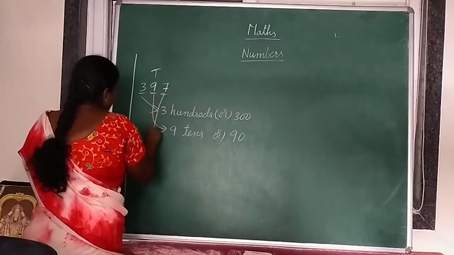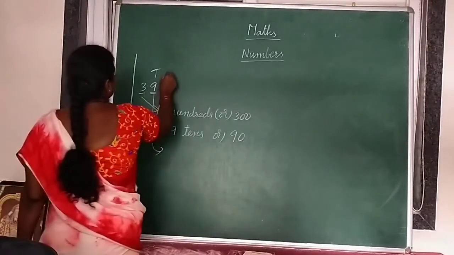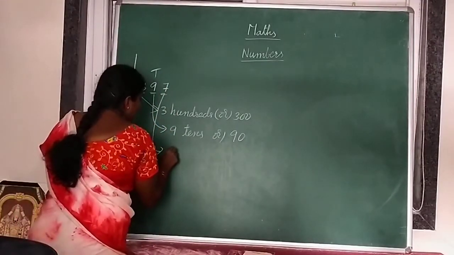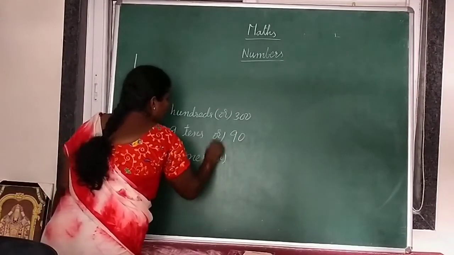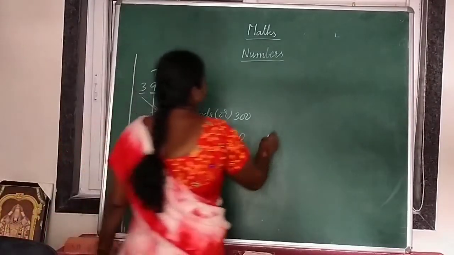Next, what is the place value of 7? 7 in which place? 7 in ones place. So 7 ones are 7. Very good. Now can you say the place values of